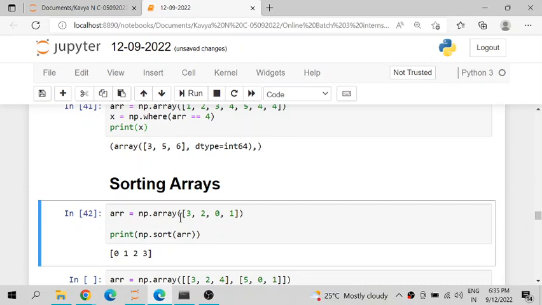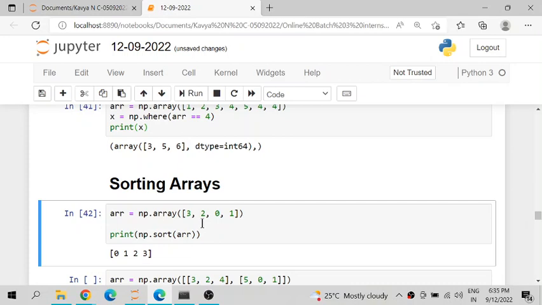And you can sort the elements of any data type. Like if you are given the character data type as elements of the numpy array, or if you are given boolean values as the data type for the elements of the numpy array, all those can also be sorted, but the sorting order will be different